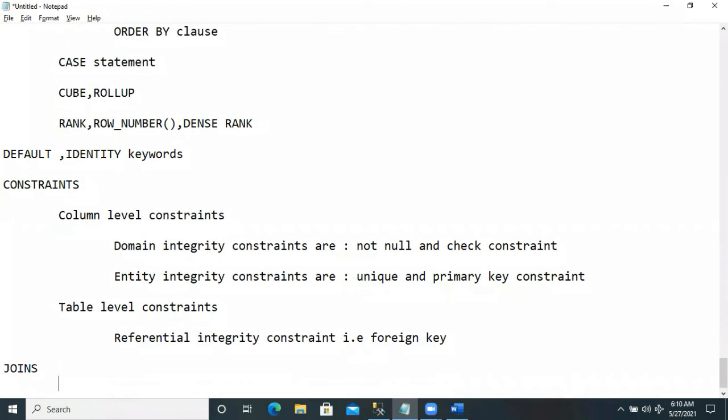Next, we practice the joins. So, retrieving the data spread across the tables. When we require the information from more than one table in the database, we use the joins concept, different types of joins.